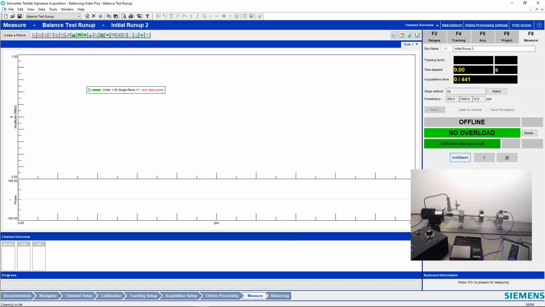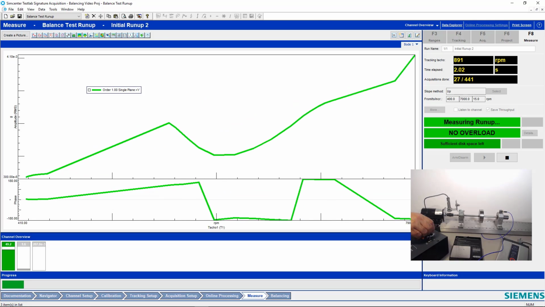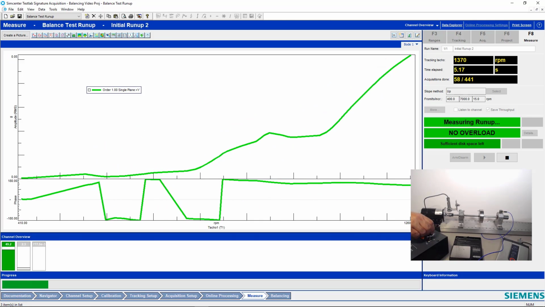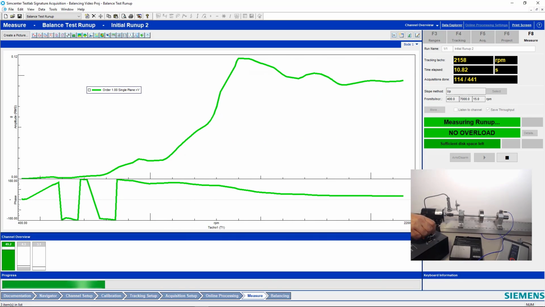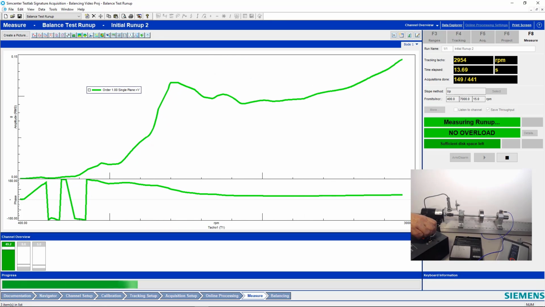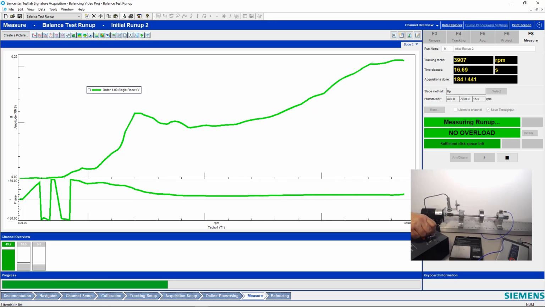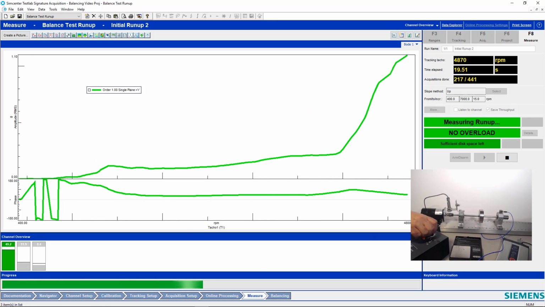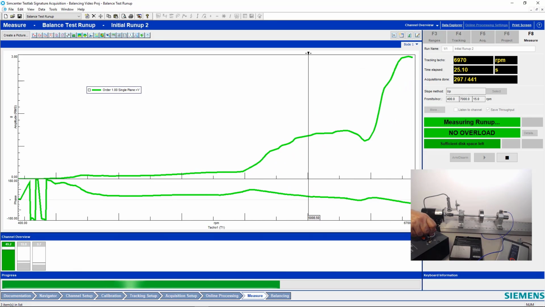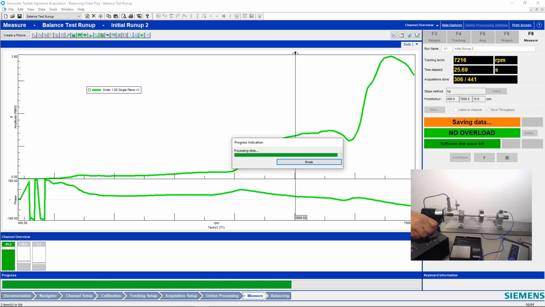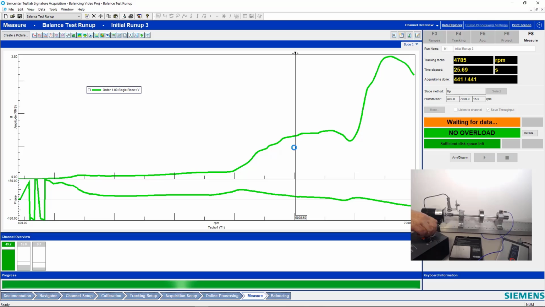All right, I'll arm the system, then hit start and run it through that speed range. I see some vibration from the accelerometer. It's getting higher and higher with speed. We'll see how bad it gets as we go up to that 7,000 RPM mark. So we're getting a high amount of vibration. Wow, that really got up there as we went up in speed.